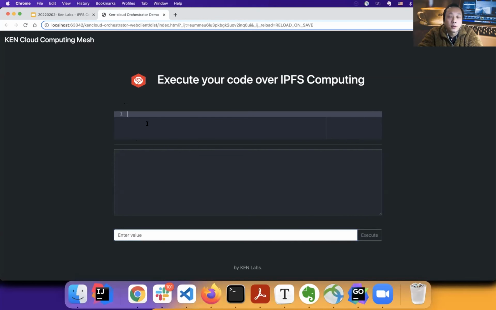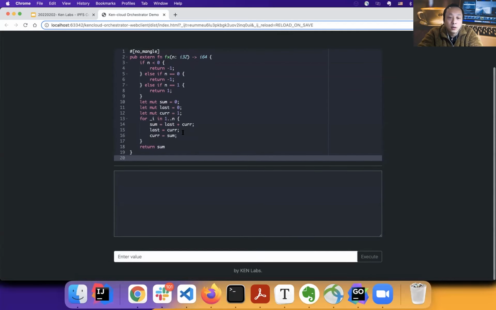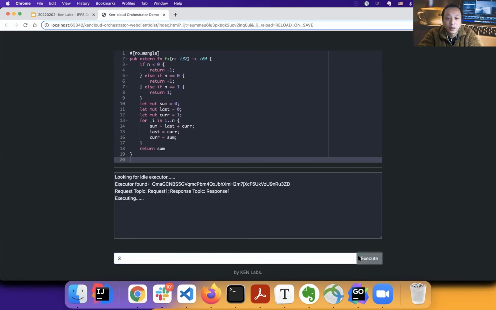So this is a simple page we developed. If I copy the code here and type the value or the parameter, the code looks for the Fibonacci number identified by the value I enter here, or the index. So as I click the execute button here,